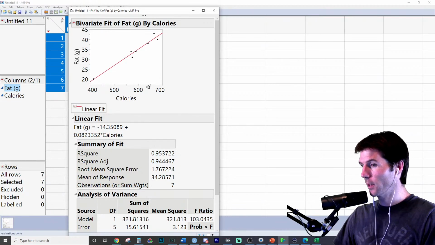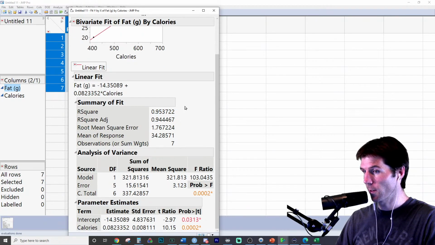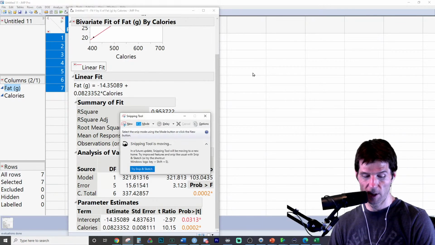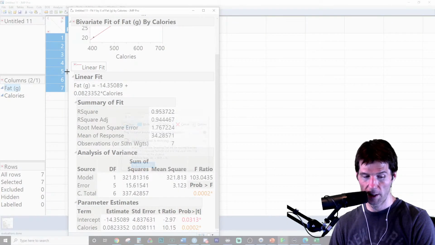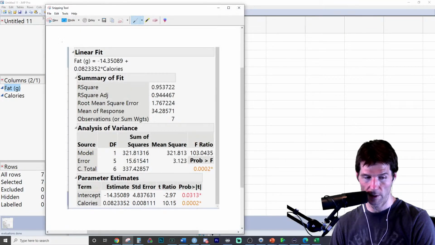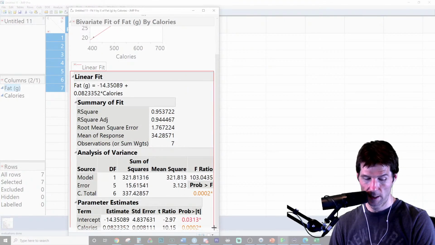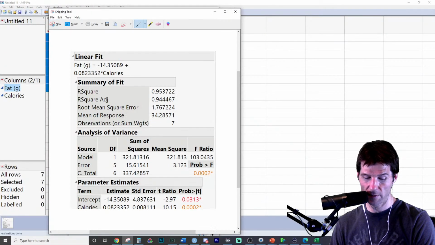So an important thing to know right here, and we make sure we understand this output, is that we have a few places where we see the intercept. I'm going to draw on this output to make sure you see all the important things for 201, and this also kind of counts for 320. Don't like that screenshot. You will see this on the test. I'd be shocked if you didn't. So when we read this output,